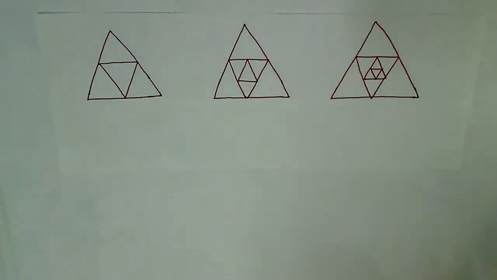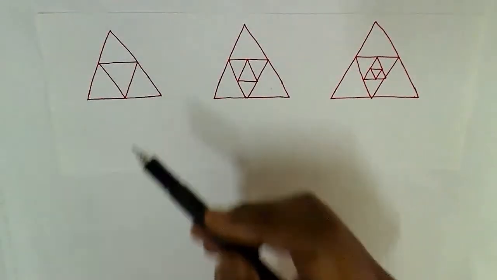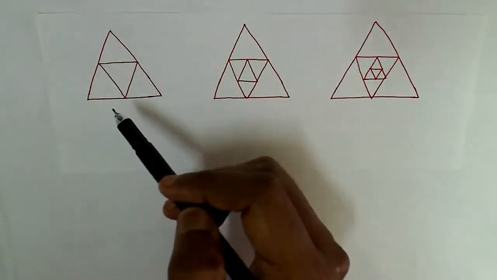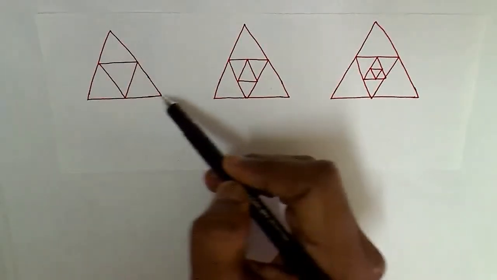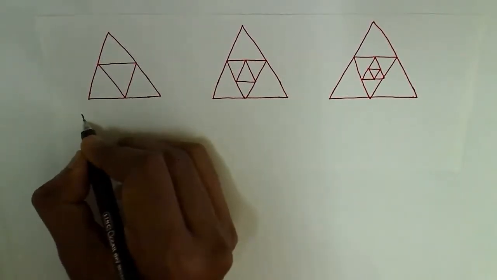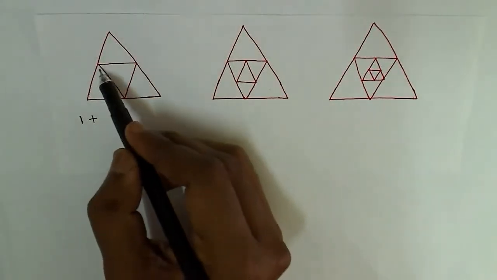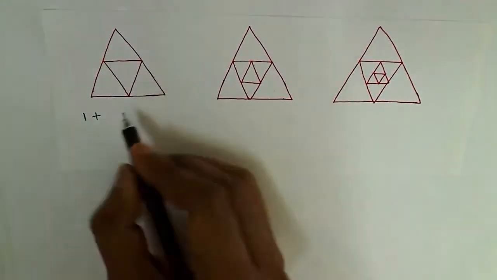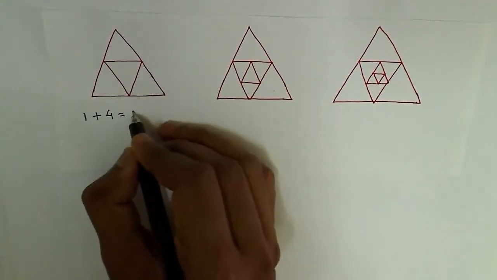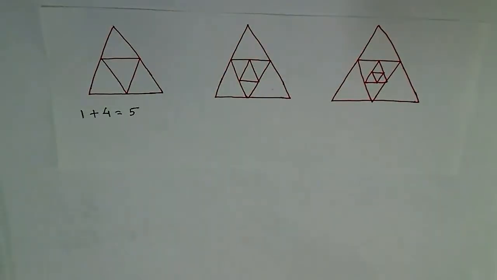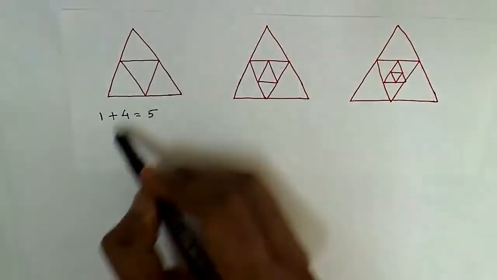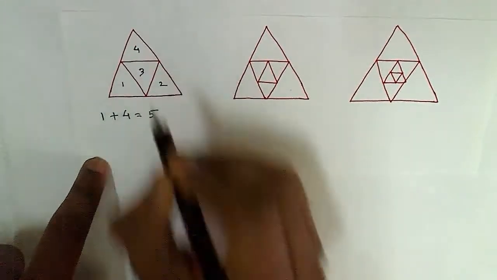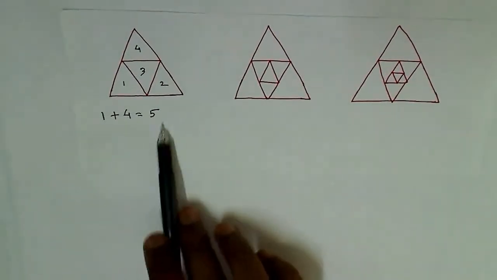Let's go to the next type of problem. So here in this figure, they will ask you to calculate the number of figures. If the figure is simple like this, you can calculate. There is one big triangle, plus how many small triangles are there? This is 1, this is 2, this is 3, this is 4. So this one is the big triangle, one big triangle, and 4 small triangles. So 1 plus 4 equal to 5.